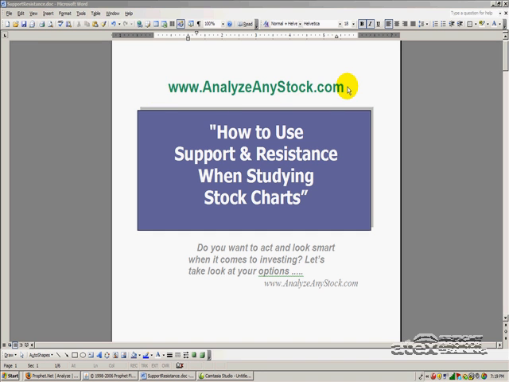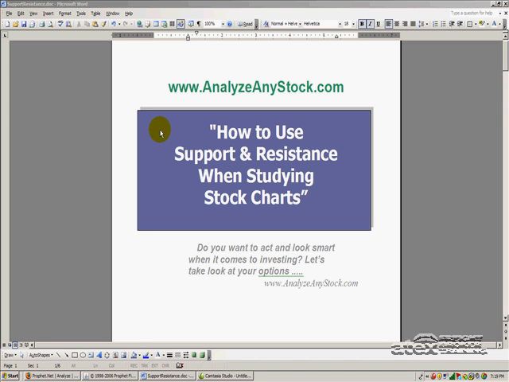www.analyzeanystock.com. For many traders and investors, mastering the art of reading stock charts is essential for making money when buying and selling stocks. Let's take a look at one important feature when studying stock charts. You can determine a stock's price support and price resistance by looking at the history of the stock price movement